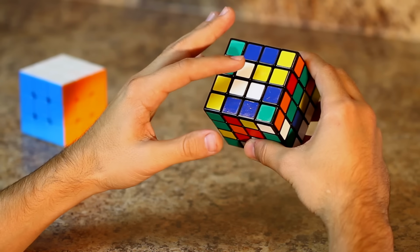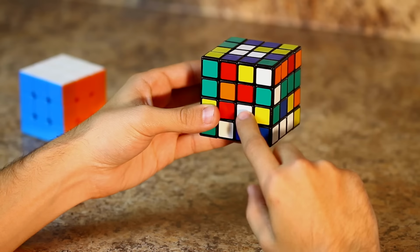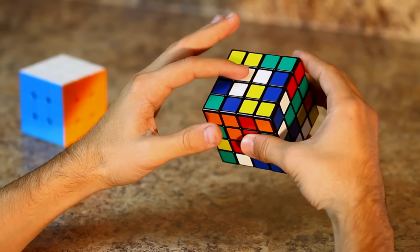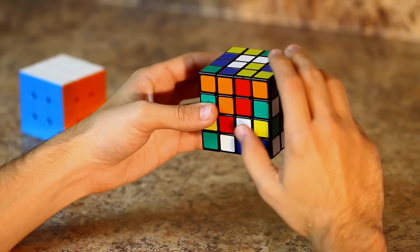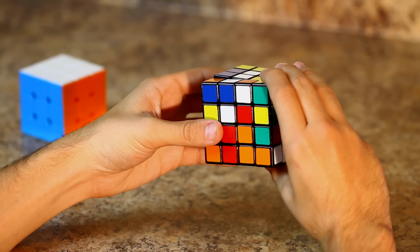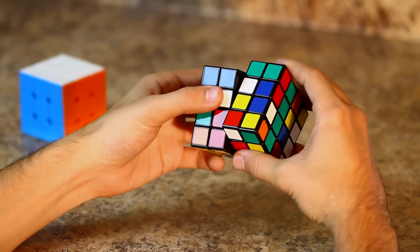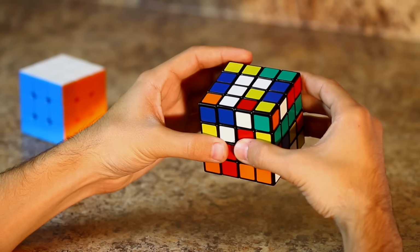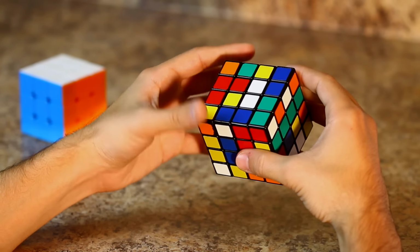After you've gotten the three white centerpieces in the top layer, and you have one left which is on the side, what you want to do now is go ahead and rotate the top layer so that the three are facing the top left direction, and then this last piece, whatever color it is, even if it's not white and we're working on other pieces, make sure that they're facing the top left direction as well, just like the top layer is, so that when you rotate the left side, it'll go horizontal next to each other instead of diagonal. So let's go ahead and rotate this up, rotate the top out of the way, and then rotate the left